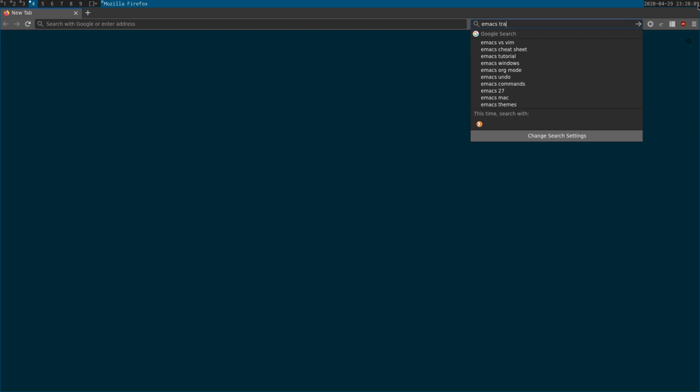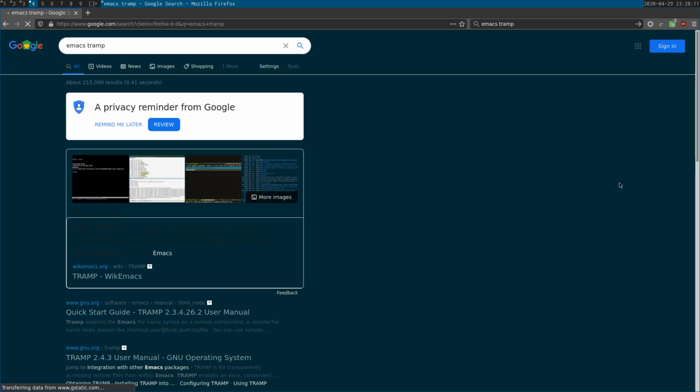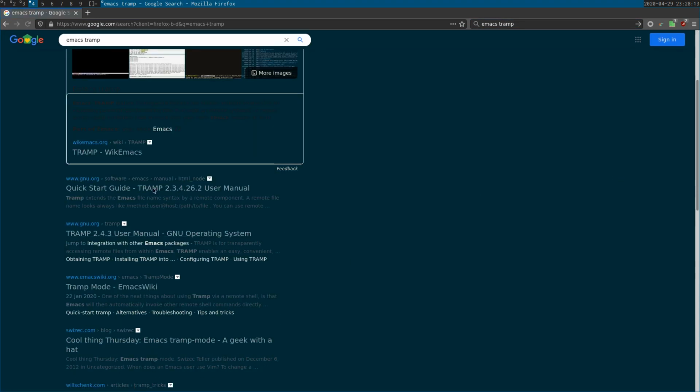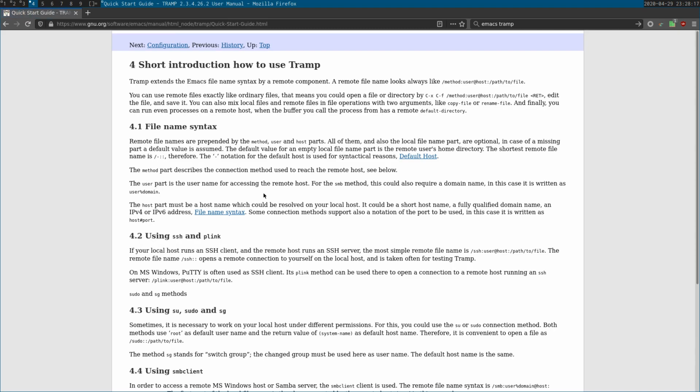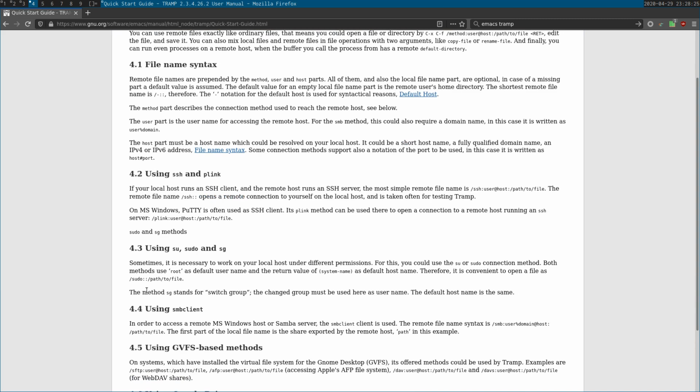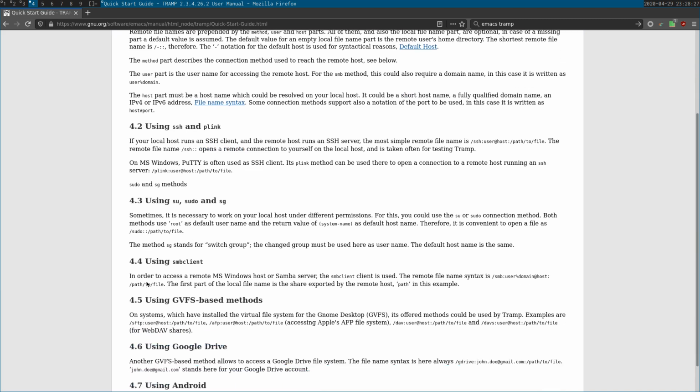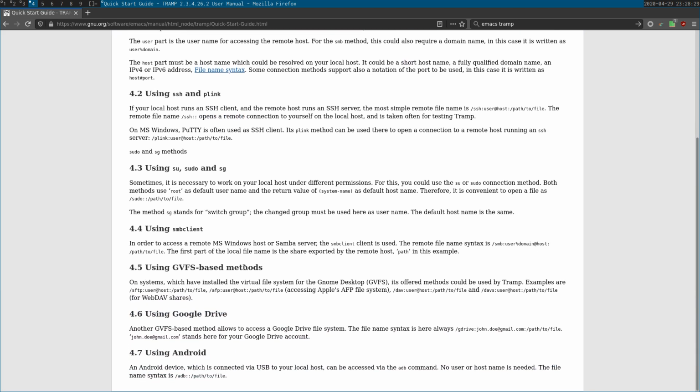Emacs Tramp. So there's a quick start guide here for using Tramp. Basically this will tell you how you can use Tramp with Emacs, and how you can use either doas or sudo, and also how you can